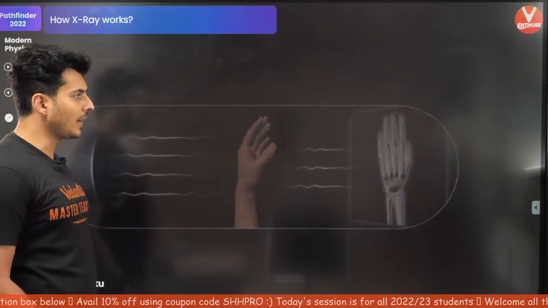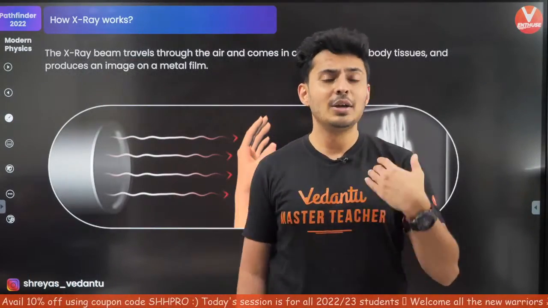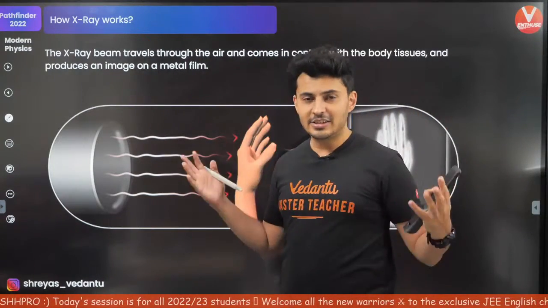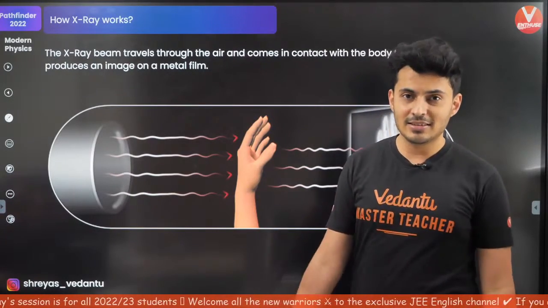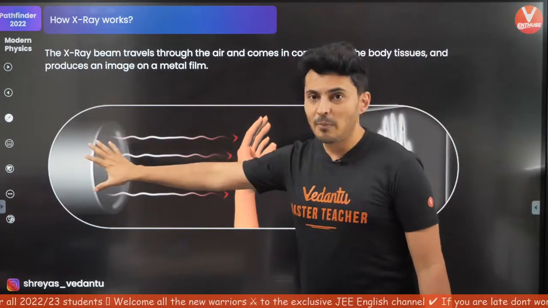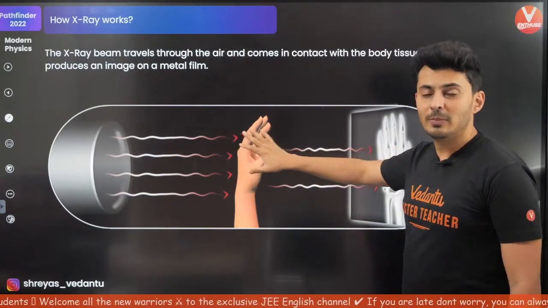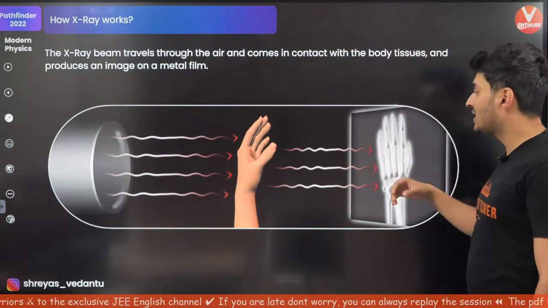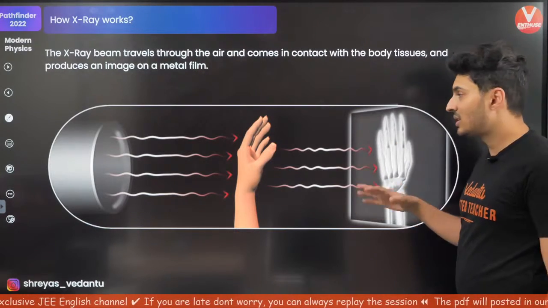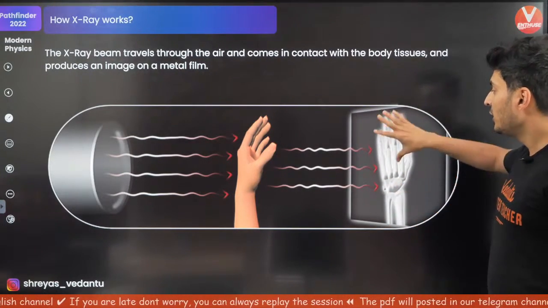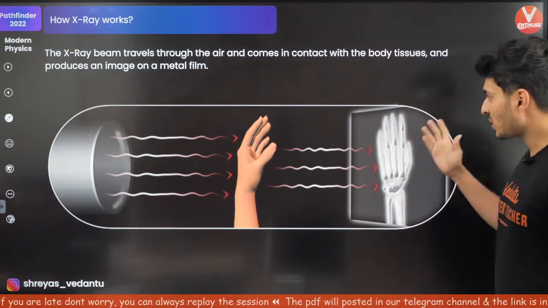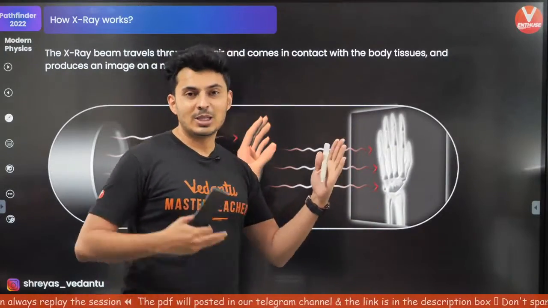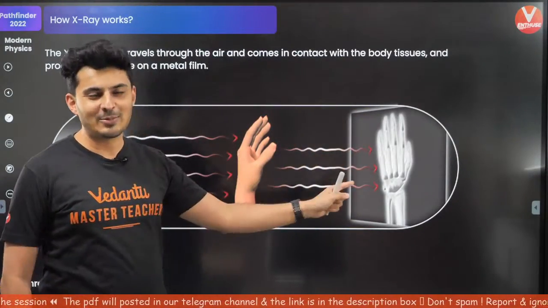Fair enough? Okay. Next thing, what are the uses? Let's quickly go to that so that then we can move on to the Coolidge tube experiment. You might have seen that when you keep your body in the path of X-rays, X-rays pass through your body, a part of it will pass, part of it will not pass. Your bones block the X-rays. So for all those parts which get blocked by your bones, when you expose a photographic plate, you can figure out the structure of your bones if you have a photographic plate after it. Only those parts will get exposed which pass. Some parts will not get exposed because bones are blocking them.